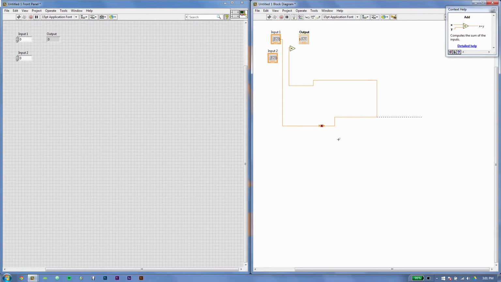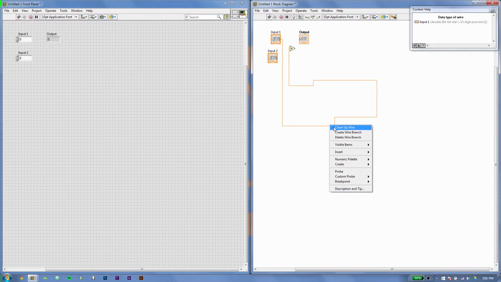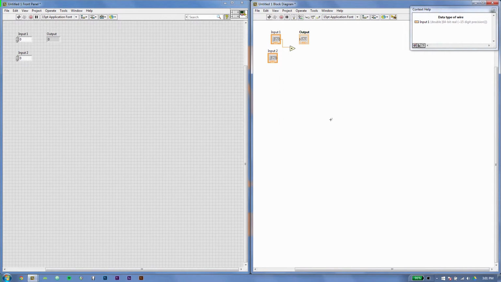And a good thing to know with LabVIEW, because a lot of times you'll have broken wires, is if you do Control B, it's going to clear up every single broken wire in the VI you're working on. Also, this is ugly, so I'm going to right click, hit clean up wire. That's what it should look like. Normally, you'll just click here and go to here, and it'll be something decent. Then I can connect this into here, like so, and voila, we have two inputs added together and released an